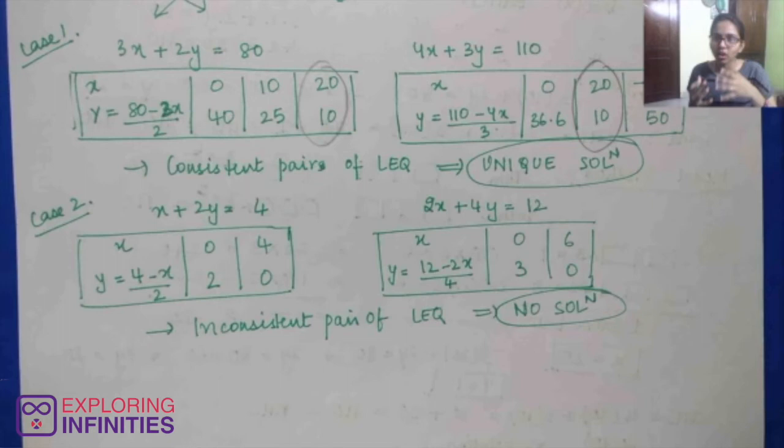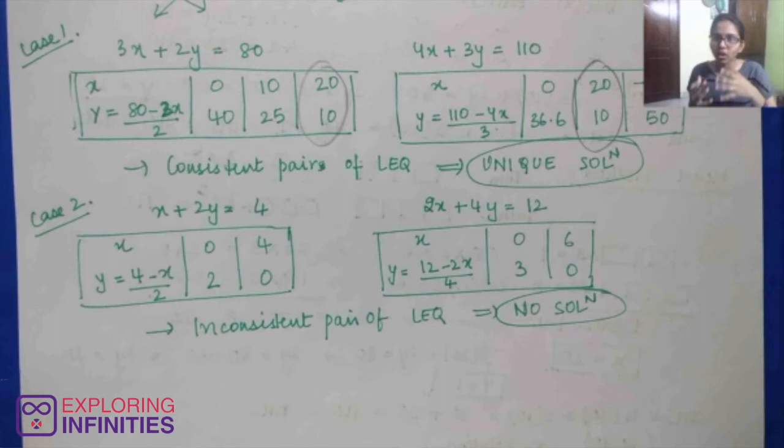So it means that every point on that graph is a solution. So it means they are a dependent pair of linear equations, and it has infinitely many solutions. That is because every point of both the lines is coinciding with each other. So every point is a common point of intersection, which makes our situation a dependent pair of linear equations, that is, they are coinciding over each other and they have infinitely many solutions.